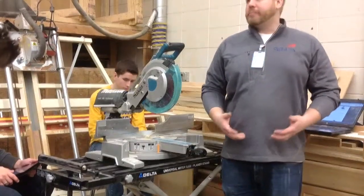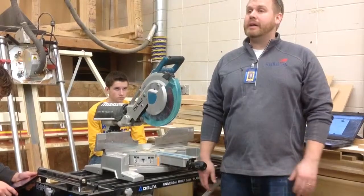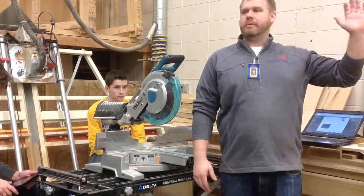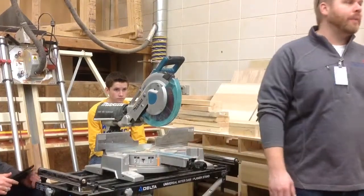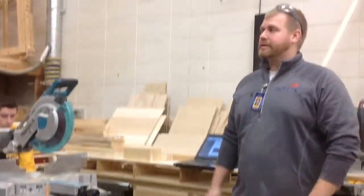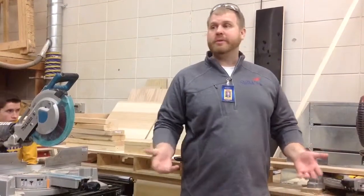Today, the miter saw is probably one of the tools that you're most familiar with, maybe other than a bandsaw in class. How many of you have a miter saw at home? Any of you? Okay. Yeah, I'm assuming that you've all probably used one, seen one, or touched one at some point in your life. So today we're going to go through how we want you to use it in this